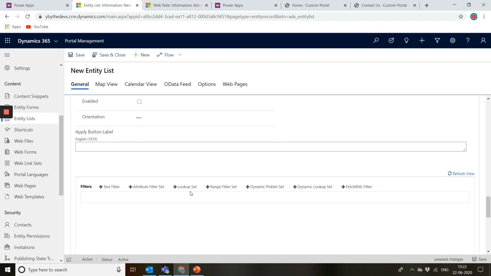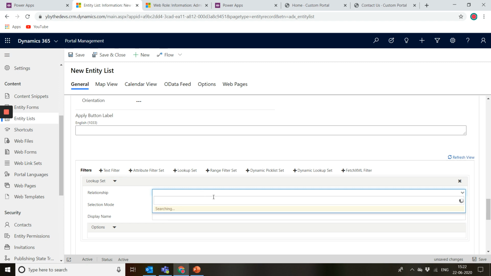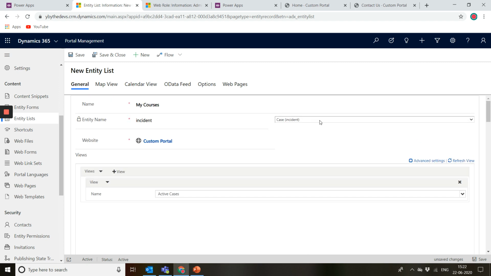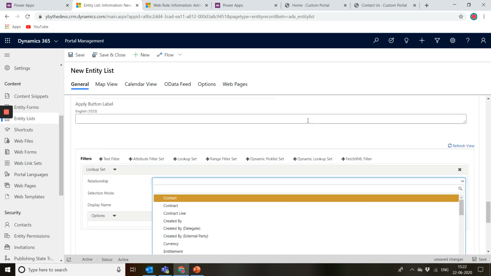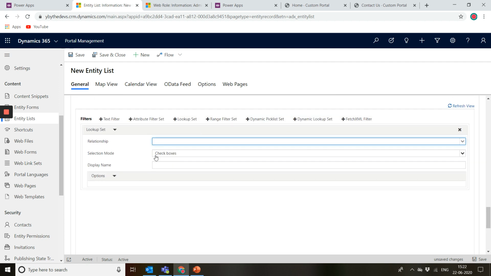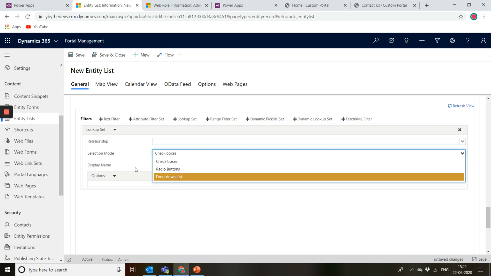Then if I want to filter for a relationship that exists for a lookup, I can add it here. I can select what the relationship is that it is going to refer to. That is all based on the entity I have selected here at the top, so the cases entity. Then I can select which relationship it is going to work on and what the selection mode is. I can choose between checkboxes, radio buttons, and drop down list.